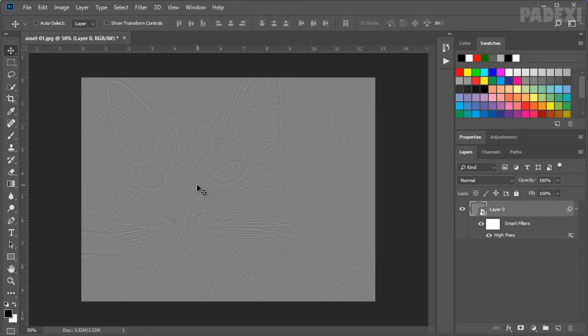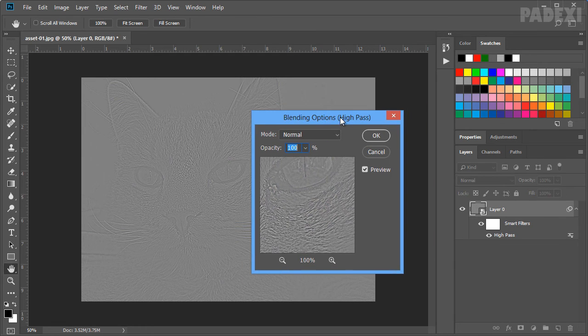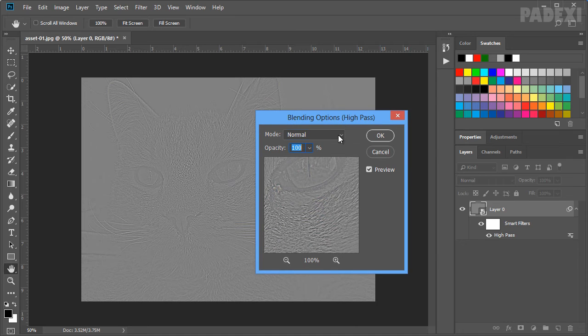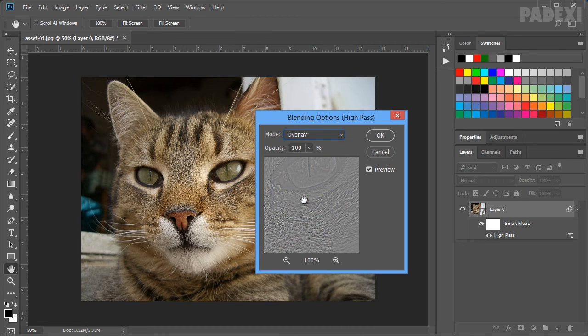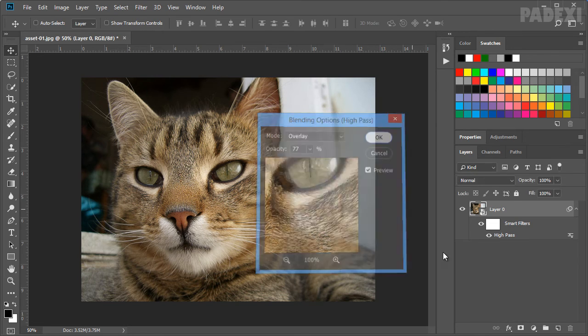Now to blend this effect with the original image, you need to double click here on this icon. Then it will open up this blending options dialog box. Go ahead and change mode to overlay, and then change percentage to 77%.